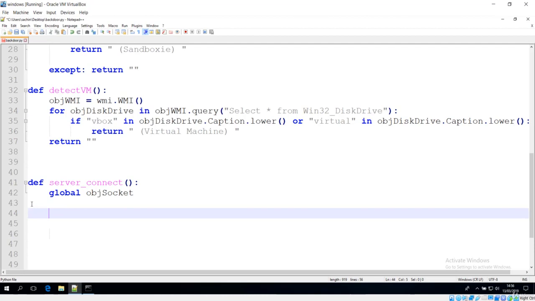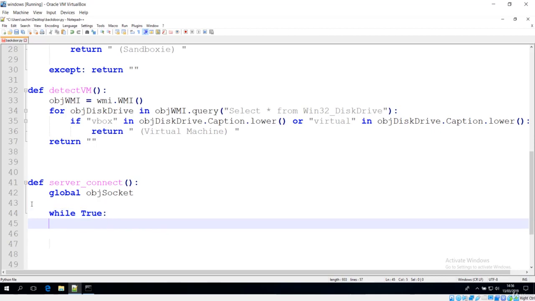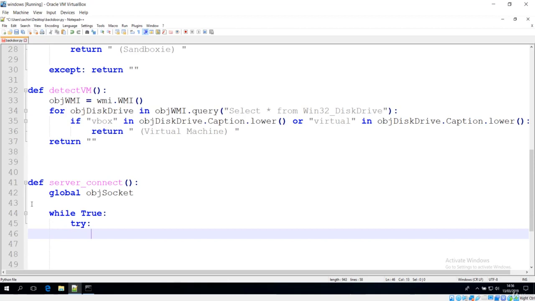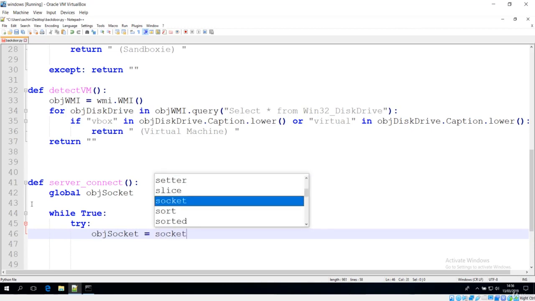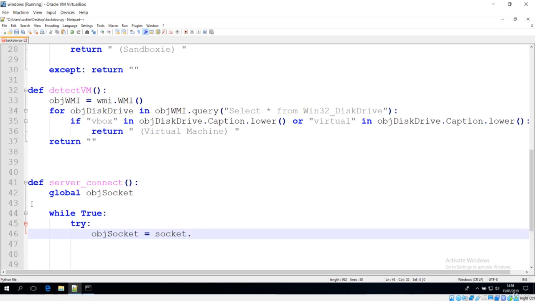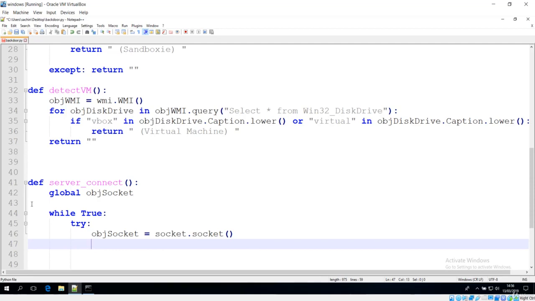Next, this should run continuously. That means we'll make an infinite loop. This is basically to run until the socket can connect, or until we get this socket object correctly. So let's instantiate the socket. You know how to instantiate this socket: it is from the socket module that we imported, and the socket class or the API call through this socket. Next, it should be the socket object, and we have to now connect,